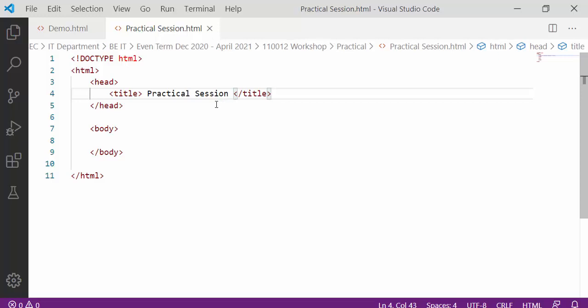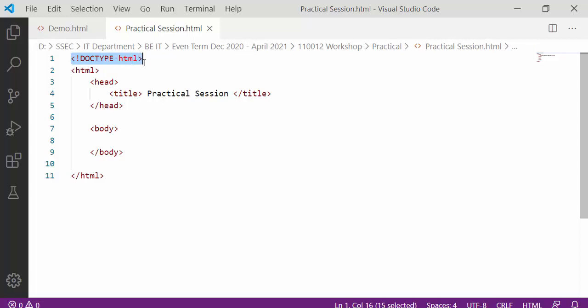If you look at this code again, the first tag we have discussed is doctype, then the HTML tag, then the head section, then the title, then the body. These tags we have already discussed.